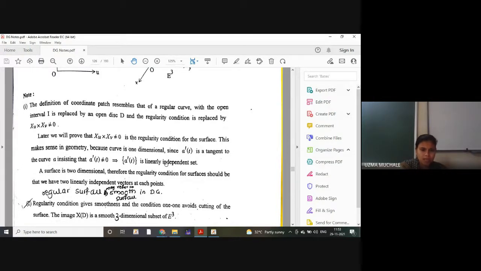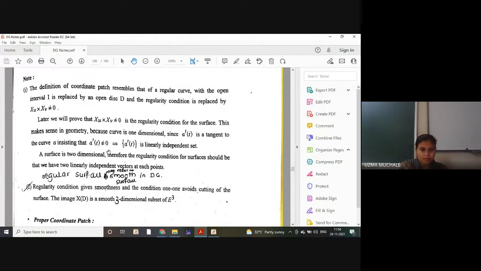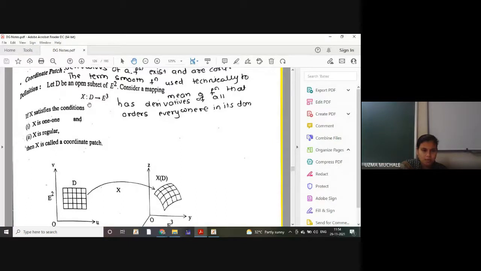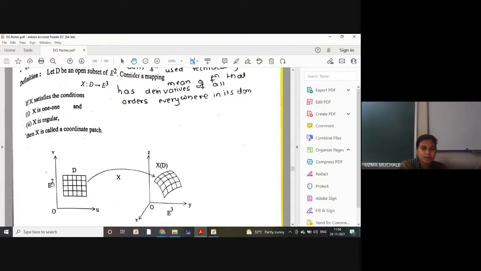Now here alpha dash of t is a single variable. It is independent. Here you can also consider xu cross xv. No doubt xu and xv will work as a basis. So the surface is two dimensional. Why do we say the surface is two dimensional? Because your domain is two dimensional. You can see your domain is the two dimensional D, and in the image itself, E2. So whenever you are defining your surface, you must go with the E2 space. That's why we say that a surface is two dimensional.